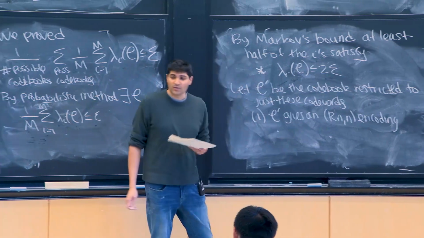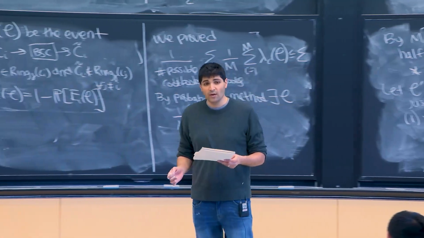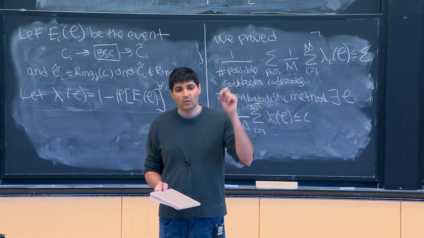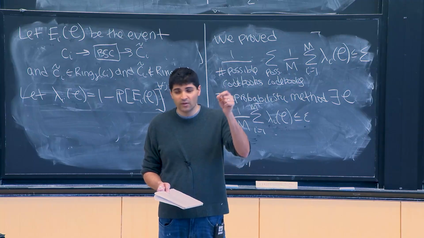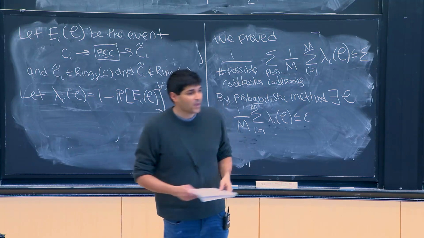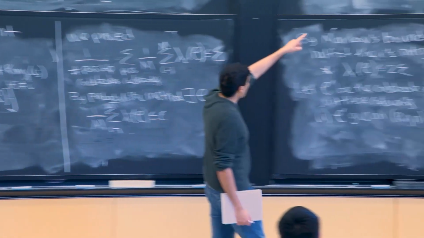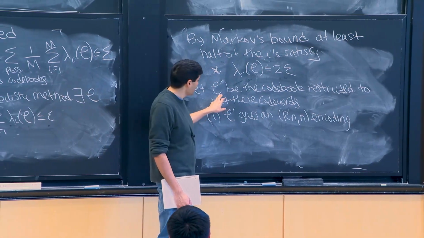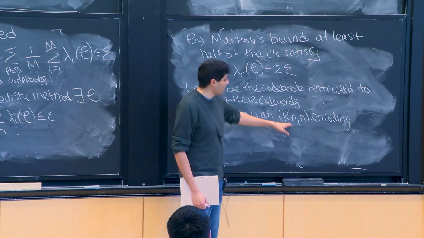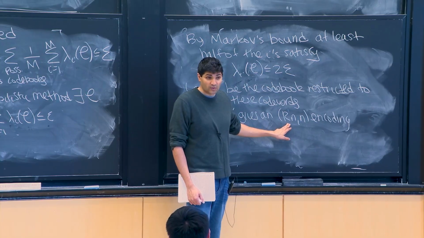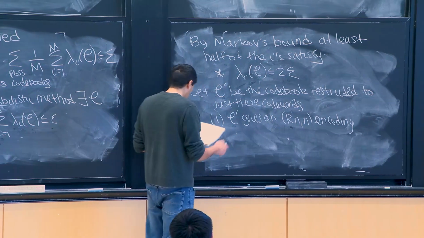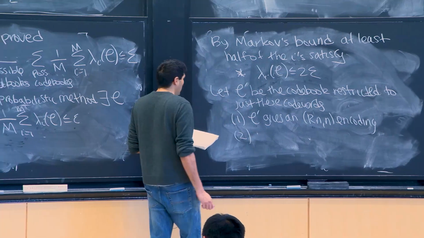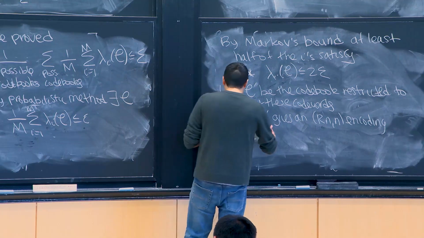That's exactly why I started off with my original codebook on capital M things, where M was equal to 2 times 2 to the Rn. It was exactly this extra factor of 2 that I was going to have to give up when I went from C to C prime. So whatever's left is still an Rn encoding because there are 2 to the Rn things in it. And we know, just by unwrapping the definition of what lambda IC is, what this means is